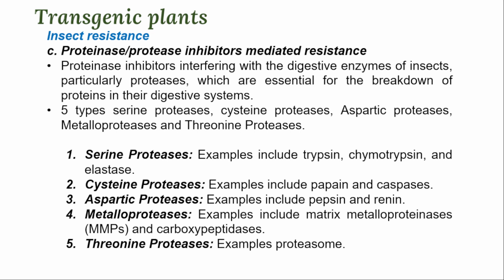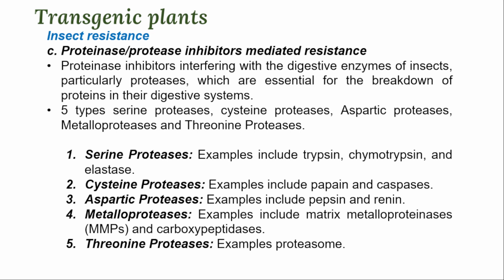If a plant contains proteins, some insects harbor onto the seeds of agricultural crops and reduce the yield. So in that case, if the seed produces these proteinase inhibitors, especially since this seed contains protein, then whenever insects come and consume those seeds, because of these proteinase inhibitors that are present